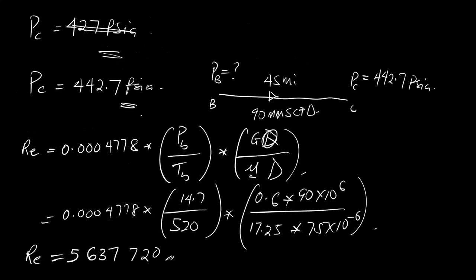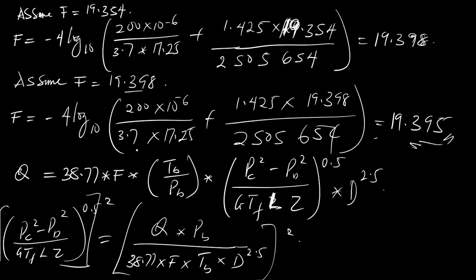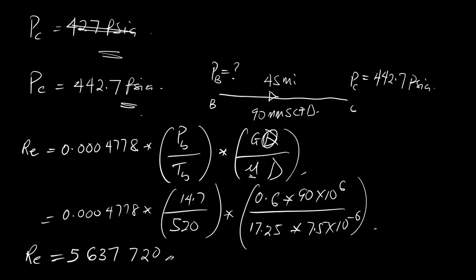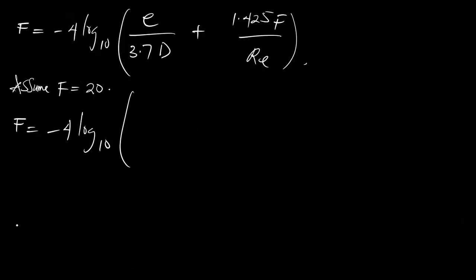Now what is our E? The E is 200 times 10 raised to the power minus 6. So that is that. So let's go back. So we're putting our E